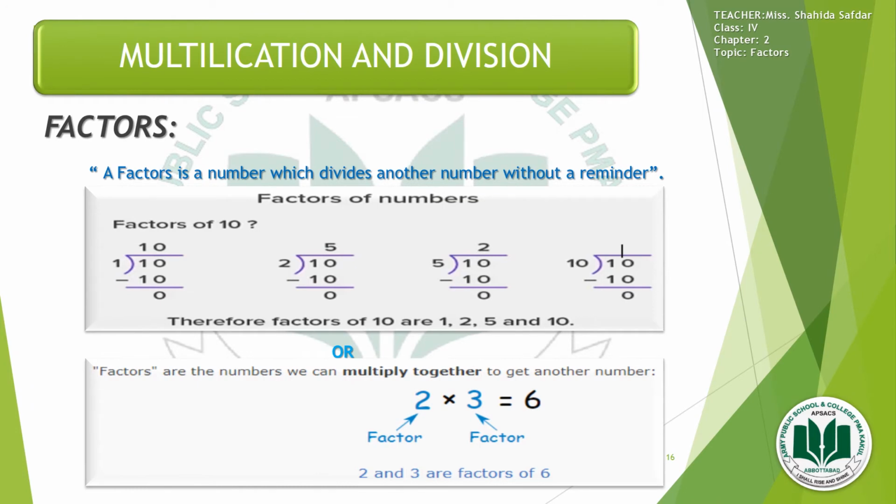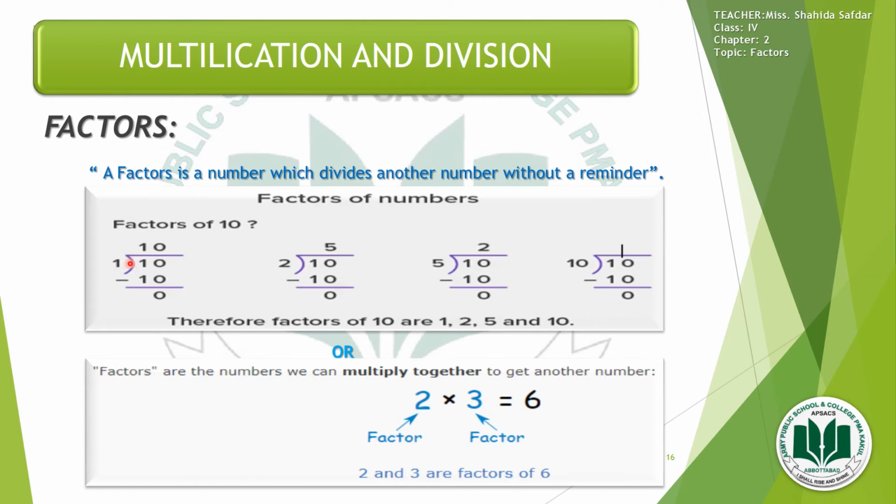Here we will learn what are factors. A factor is a number which divides another number without a remainder. That is, when a number is divided by its factor, the remainder should always be 0. For example, calculate or find factors of 10. For this,